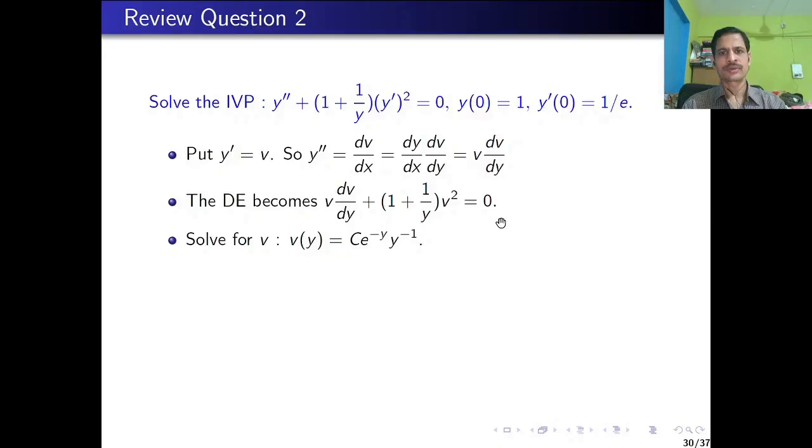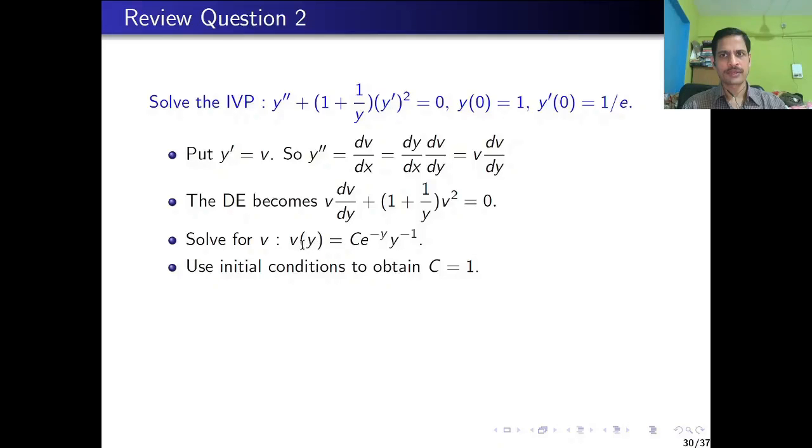So from that we get the solution Vy is equal to c times e raised to minus y raised to minus 1. Now we can substitute the initial condition here. We know that when x is equal to 0, y is equal to 1. And when x is equal to 0, y prime is 1 by a. So in other words, we can say when y is equal to 1, y prime is equal to 1 by a. So we substitute y is equal to 1,